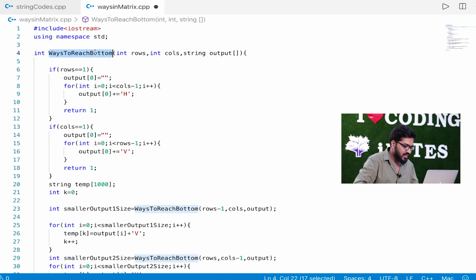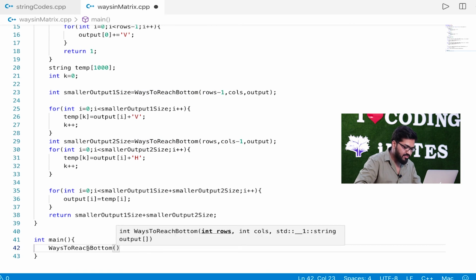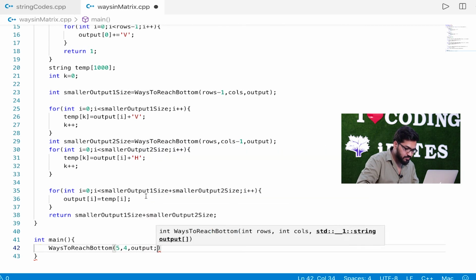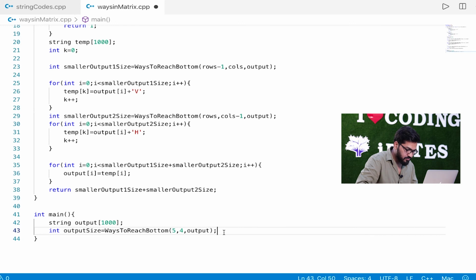So let's try and run this. Ways to reach bottom. Let's say we have 5 rows and 4 columns, and we will have to pass an output array, string output 1000, and int output size.